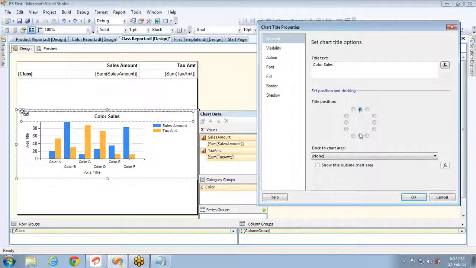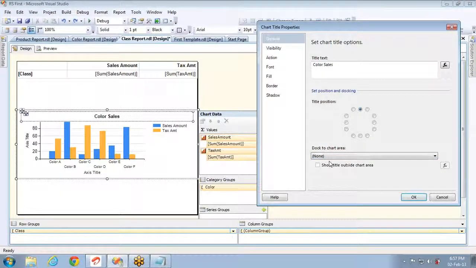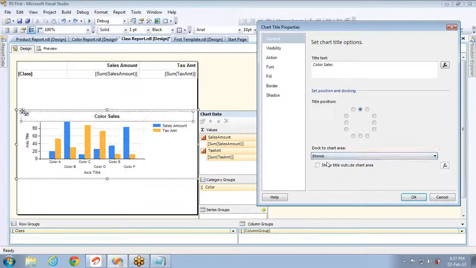If you select this, to the chart area. This is the chart area. This is your chart, right? If you want to make this title part of the chart, then you have to set it to default, or else set it to none. None means it will be residing outside of the chart area. Chart area is this one, the area which is used to generate, design and display the chart. And if you want to set this title on the chart area, then set it to default. Or if you check this, then it will be shown outside here like this. So let me set it to none.